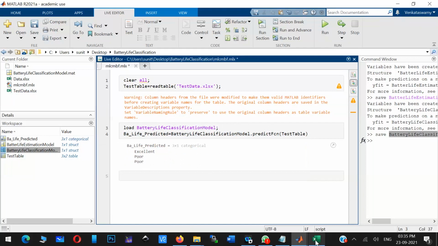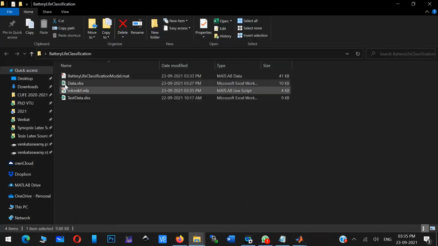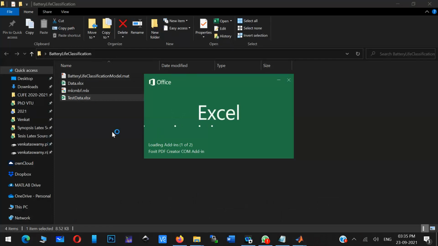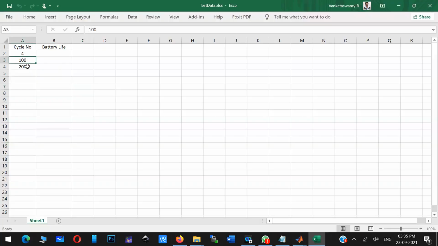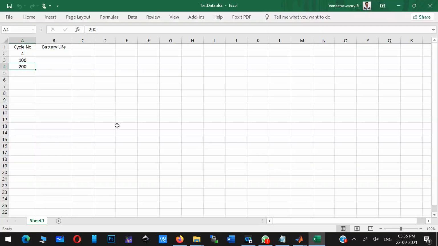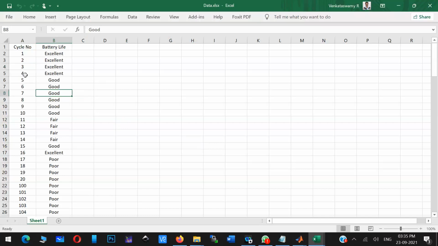So what is my test data? Test data is basically the numbers I gave: 100, 200, 400, 200. Even if you see the original data, almost 4 is excellent.